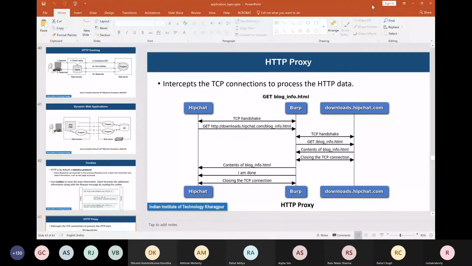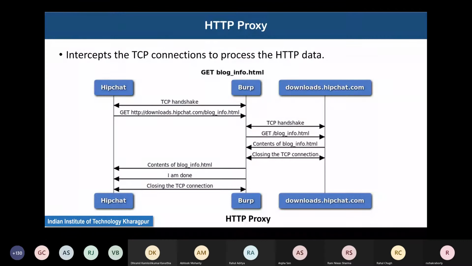So there is a proxy server. Say the name of the HTTP proxy server is BARP, which is sitting in between the client HipChat and the primary HTTP server from which information has to be retrieved, and that server is downloads.hipchat.com. So first, the HipChat client performs a TCP handshake with the BARP server. Why did this happen?